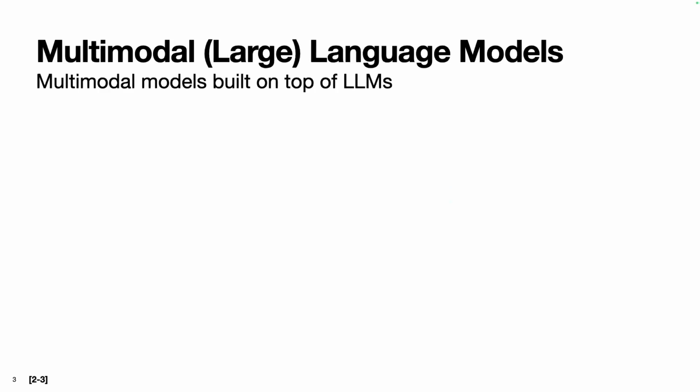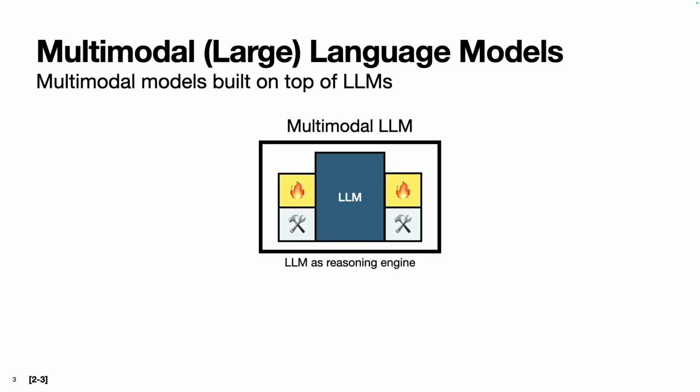So here I'm going to talk about a specific type of multimodal model which builds on top of large language models. These are sometimes called multimodal large language models or even multimodal language models. I know the naming of these things may not be so great, but that's what they call it in the literature. And so the basic idea here is that we take a large language model, whether it's pre-trained or we take the architecture of a large language model, and we augment it in some way to be able to process